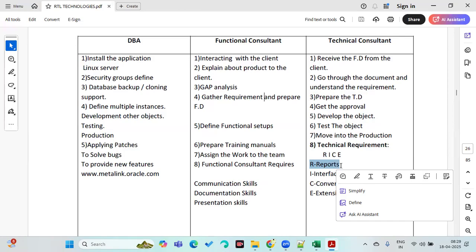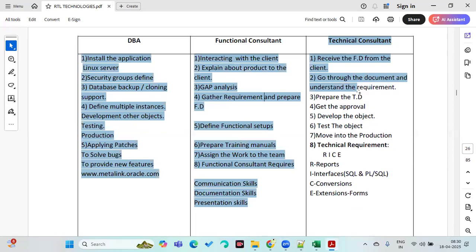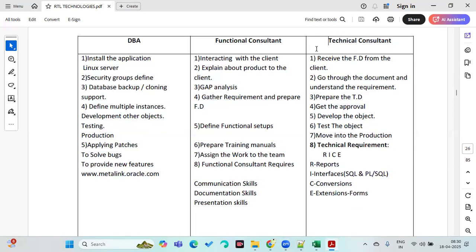Like that, we do it in real time. For the last 4 years, you are working like that. Definitely, you should have some idea about functional, right? That's what they expect. So we are going to learn complete technical, and also 40% of the functionality. It's going to be techno-functional.